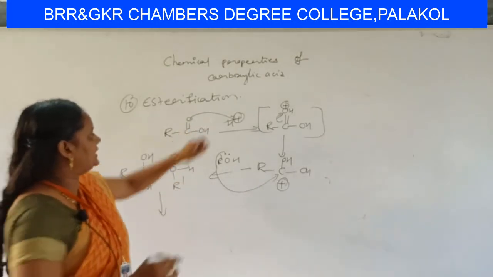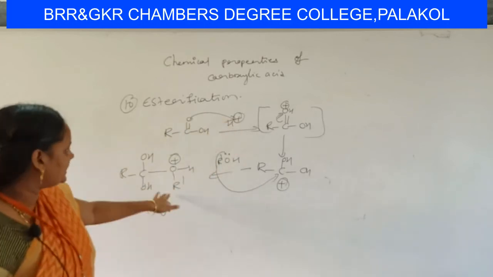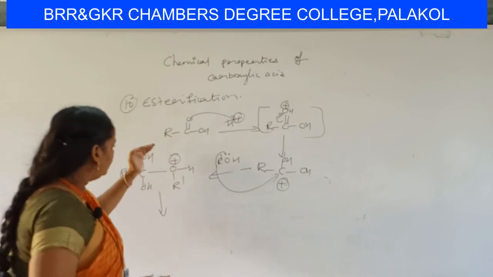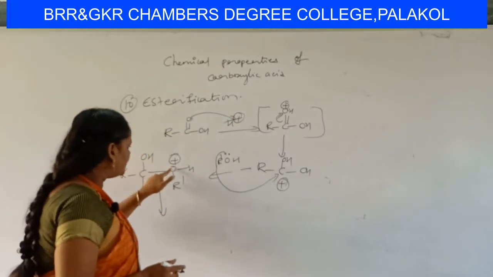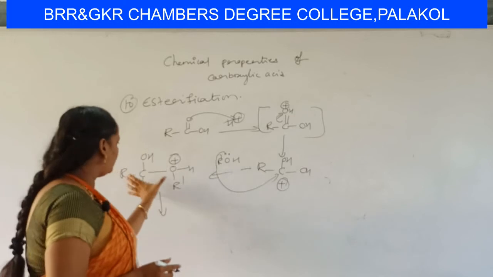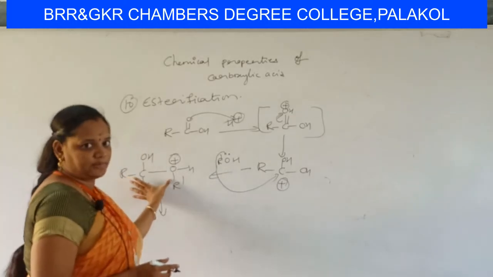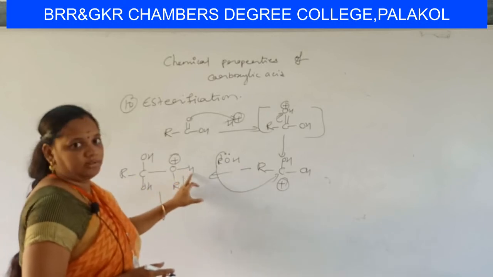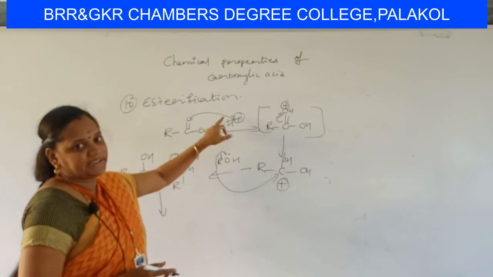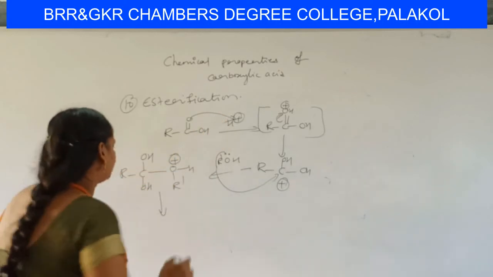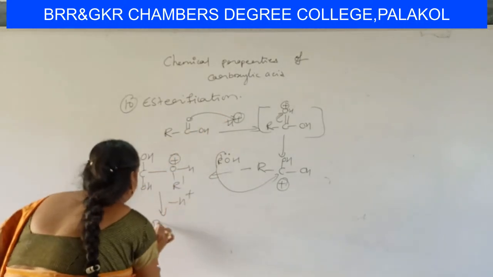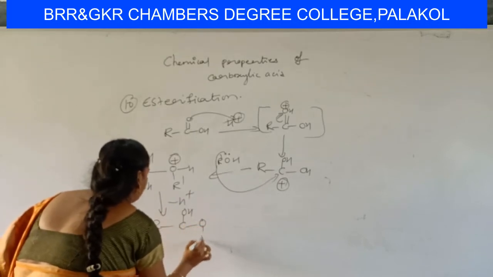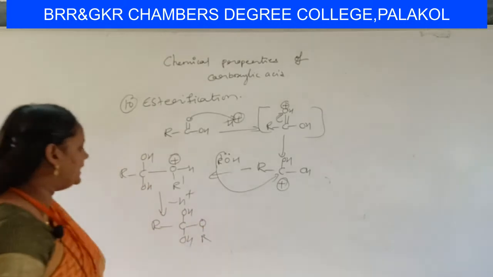So in the first case, we have added a proton. In this case, we will remove a proton. Here, oxygen is getting positive charge. So hence this intermediate is not that much stable. To make a stable intermediate, I am removing proton, because the proton which was added in the first step has been removed in this step, minus H plus. You will get RCOH.